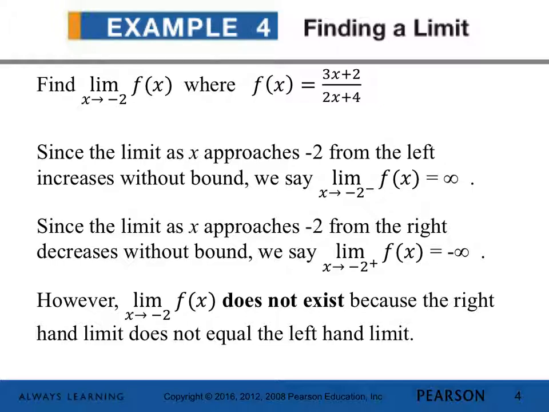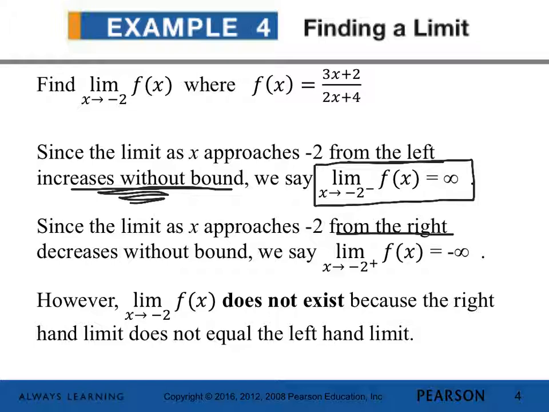So what we want to talk about here is the language that we're going to use with this. And since the limit as x approaches 2 from the left increases without bound, that's the other language that we use, is that it increases without bound. Then the short way to say that that happens is by using this limit notation. And as you approach negative 2 from the right,